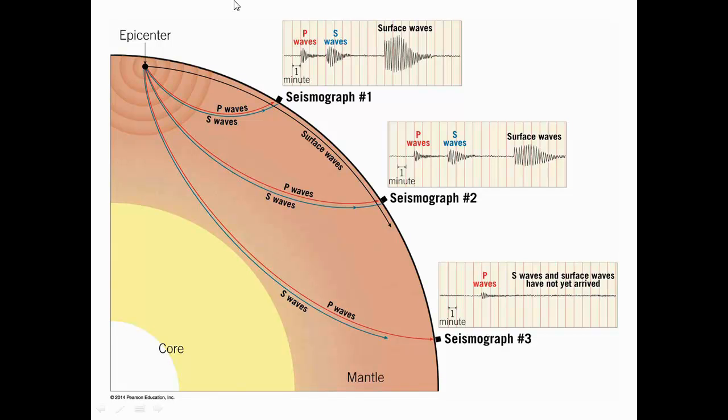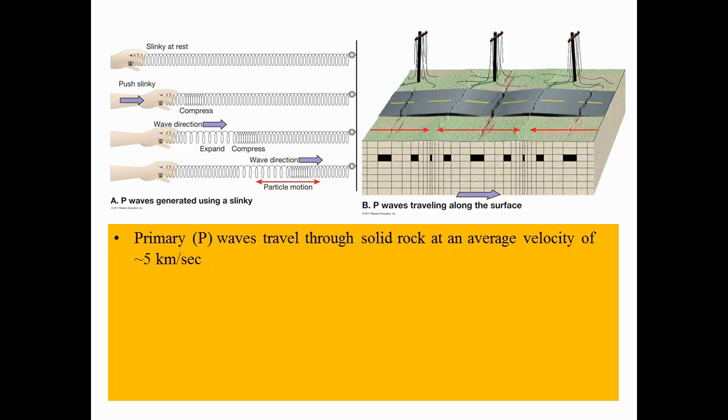Another important thing to note is that as we travel further from the epicenter, notice that the distance between the P waves and S waves gradually becomes greater and greater the further away from the epicenter we go. And again, we're going to look at this in more detail and see how we can determine the distance of each of these stations from the epicenter using this separation between P and S waves. But first of all, let's look at these different groups of seismic waves in more detail, beginning with P waves.